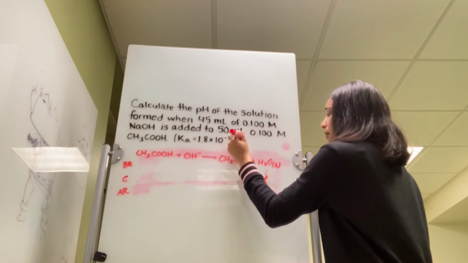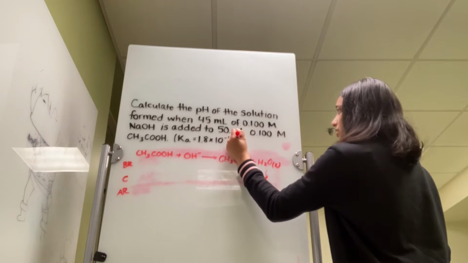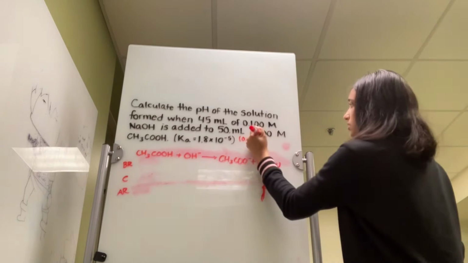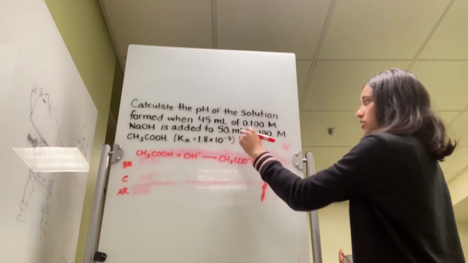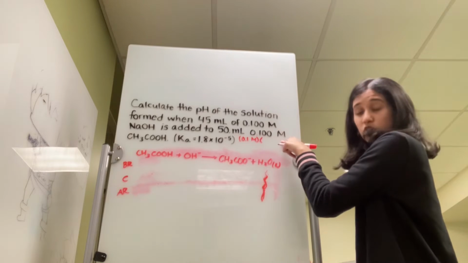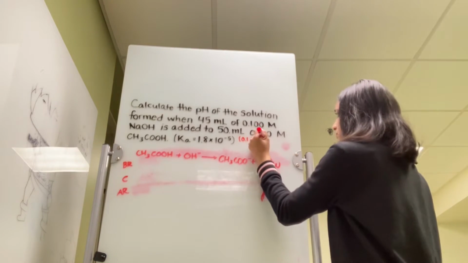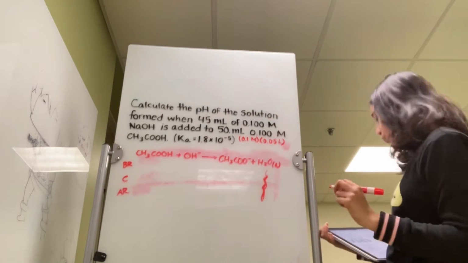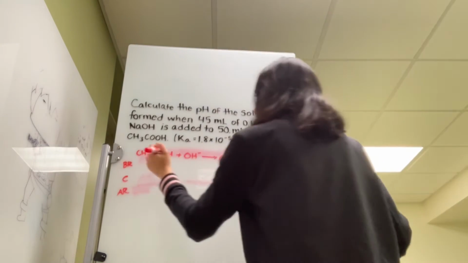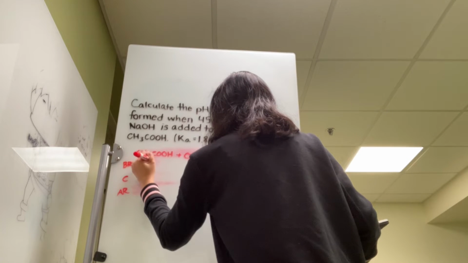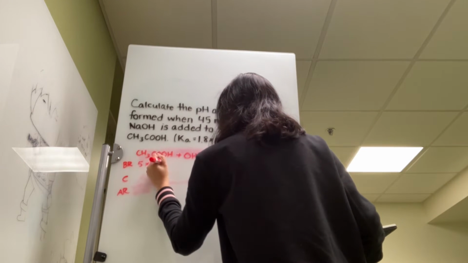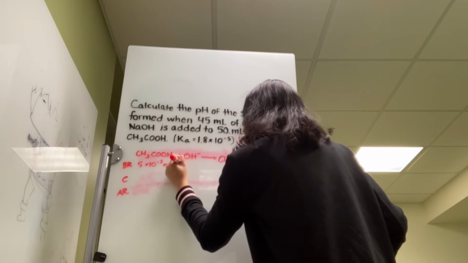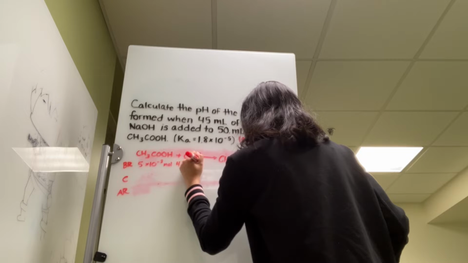So let's do it up here, 0.1 molar, of course with sig figs, and make sure to turn this into liters, because molarity is moles per liters. And then we can do the same with the sodium hydroxide. It ends up being 5 times 10 to the negative third moles of acetic acid and 4.5 times 10 to the negative third moles of